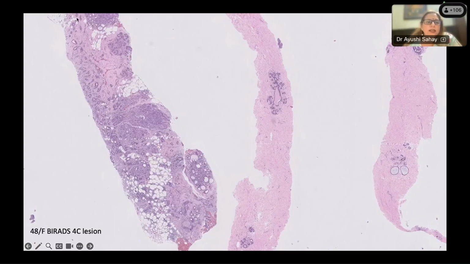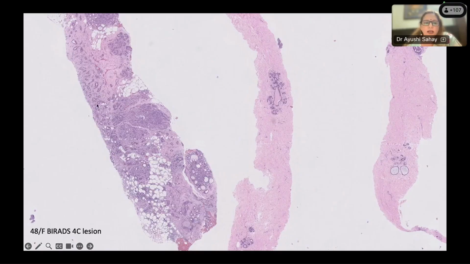They are even going from here to here. You can see here also they are extending into this area, and they are also extending into the fat. So even though it is present at the edge of only one of the cores, you can make out that it is not following the lobulated TDLU architecture that we saw earlier,